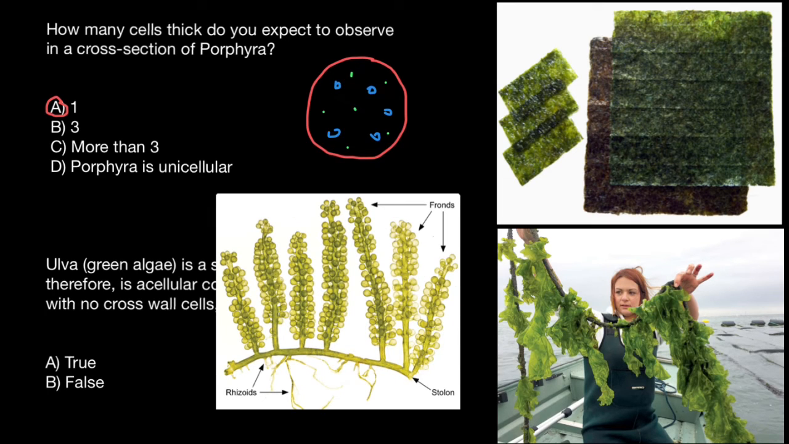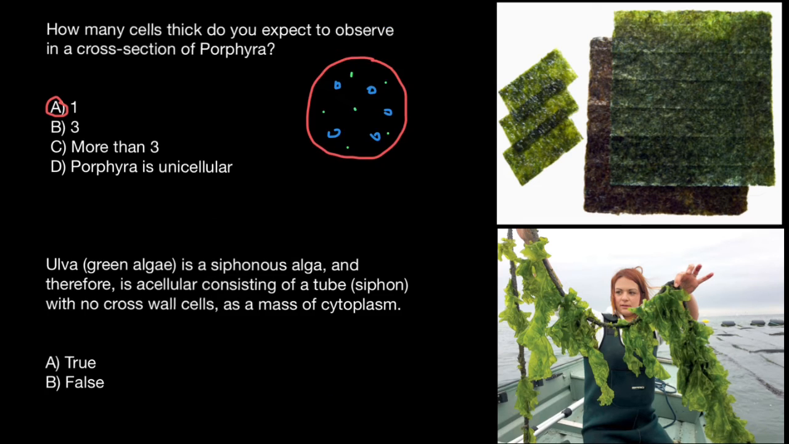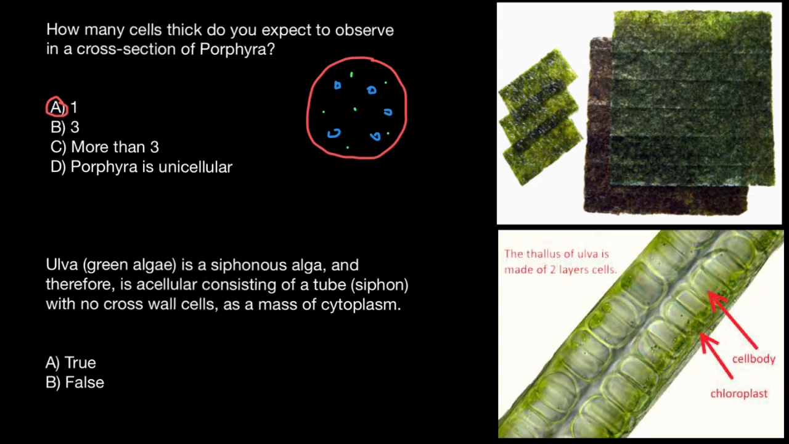The alga that I use as an example of a siphonous plant is Caulerpa, and it is edible, just like Ulva. And now let's return to Ulva, and here's another picture of this alga, and as you see, it consists of two layers of cells. So the thallus and blade of this alga consist of two layers of cells with accumulation of chloroplasts closer to the outside of the cell. Hence the statement, Ulva, green algae, is a siphonous alga and therefore is acellular, consisting of a tube, siphon, with no cross cell walls, as a mass of cytoplasm, is a